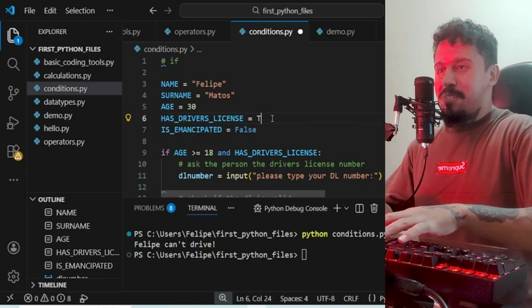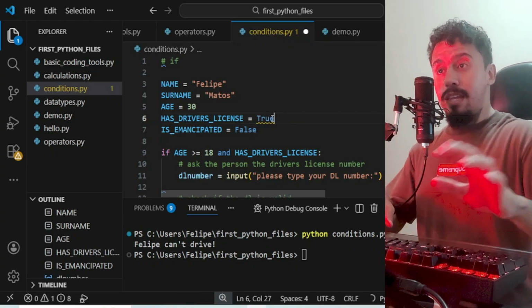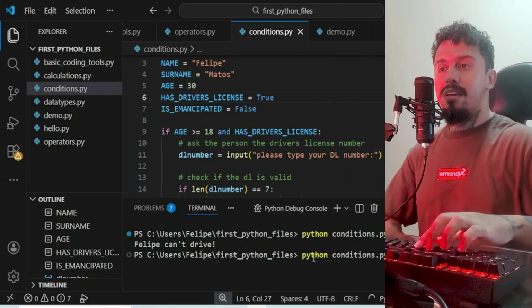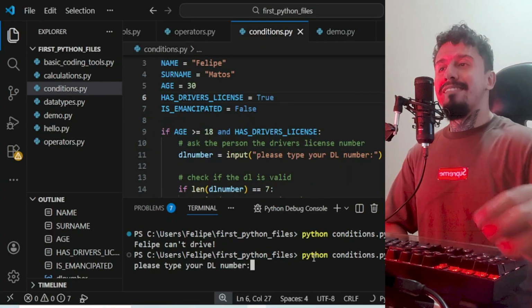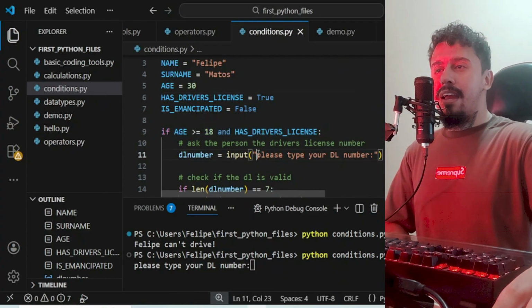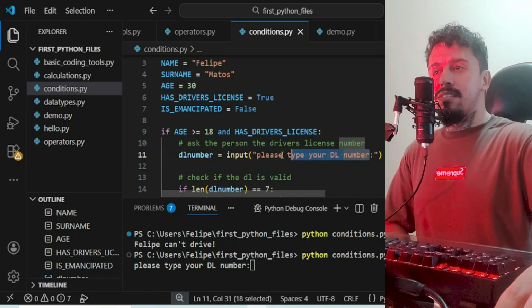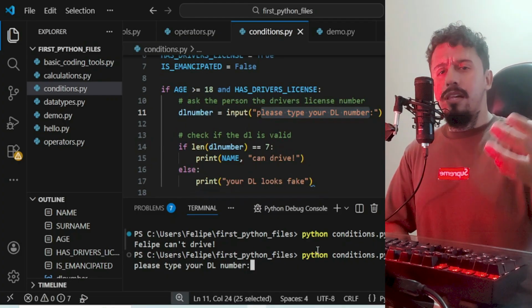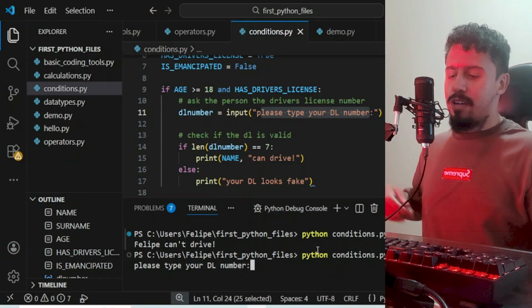So let's put true here. Now Felipe has a driver's license. Let's see what happens. So it already passes here and asked us to type the driver's license. So let's type. My driver's license is